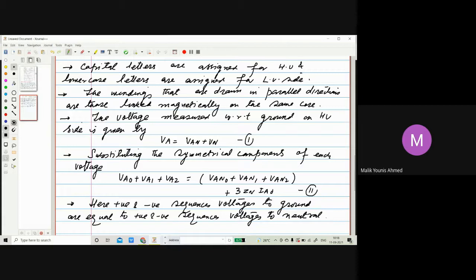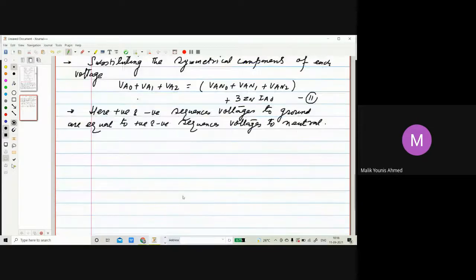That means what? That means VA1 is equal to VAN1, and VA2 is equal to VAN2. This is for the positive and negative sequence, and the zero sequence has a different value. Okay. Also, we can say the positive and negative sequence on either side of the equation will be the same. So also the zero sequence voltage